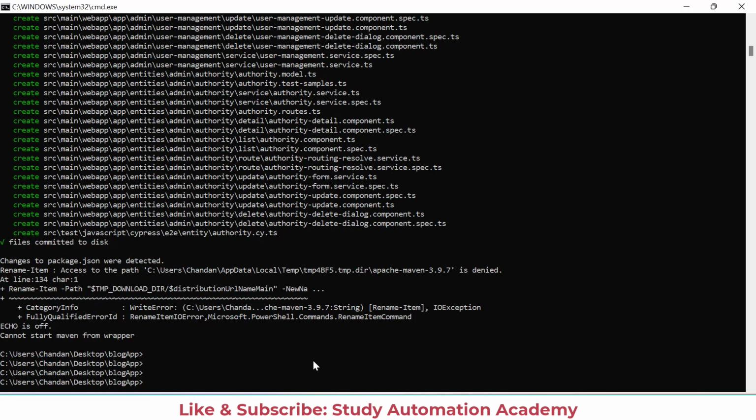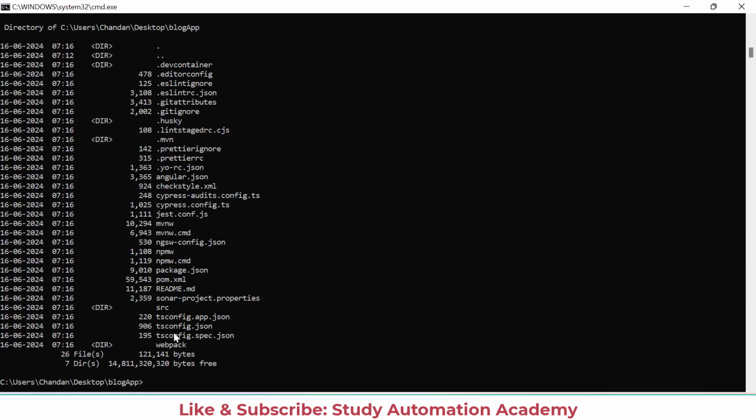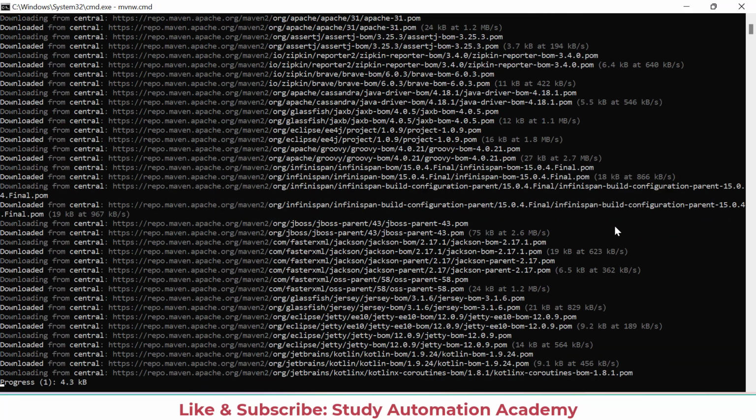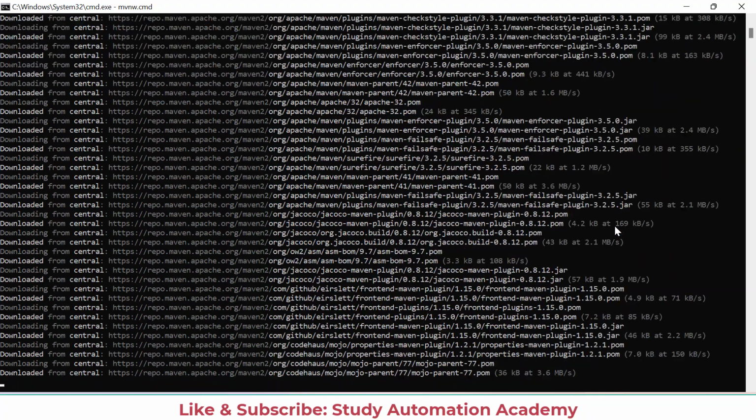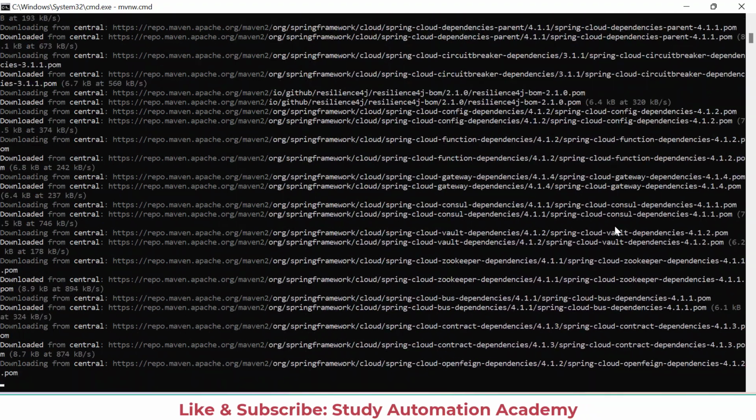All right. Now after that, you just need to write mvnw and press tab. You will see here for the Windows, you have to write mvnw.cmd, which the file is already generated here. So if you just say dir here, you can see all the files and folders are available. Just you need to call mvnw. And if it's a Linux or Unix, just you can say mvnw. So I'll say mvnw and then cmd. Click enter. So it will start downloading Maven and then all the required stuff for your project.